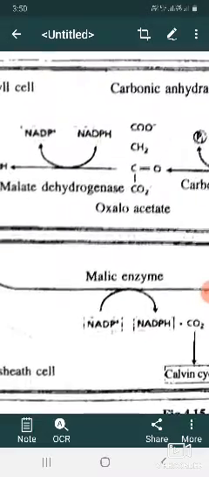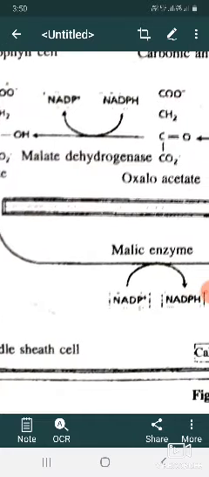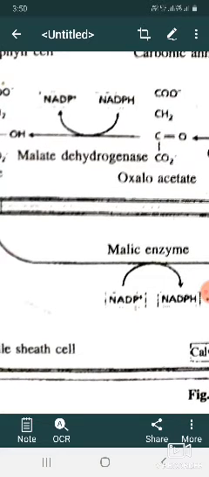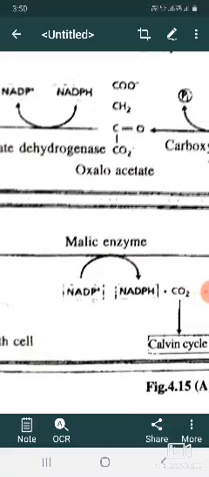Pyruvate plus HOPO3 plus ATP give rise to phosphoenol pyruvate. Pyruvate formed in bundle sheath is transported to mesophyll and, in the presence of ATP, utilizes the phosphate bond energy and helps in the regeneration of the carbon dioxide acceptor, PEP. So the carbon dioxide released in the bundle sheath is used for carboxylation of RuBP, and in the presence of the enzyme Rubisco, hexose synthesis takes place through